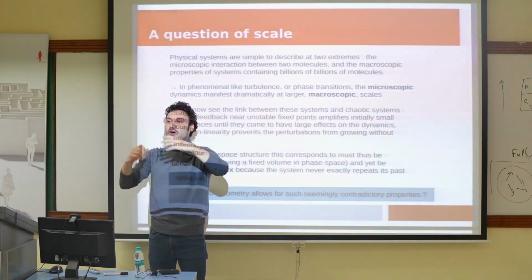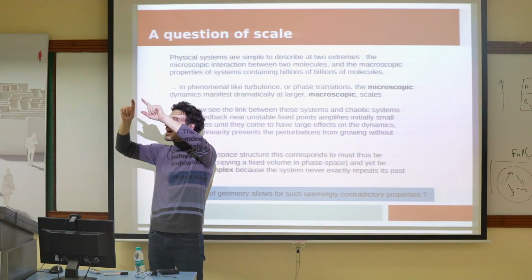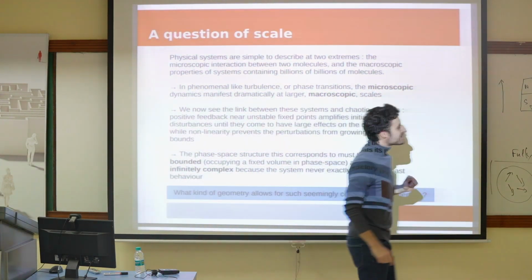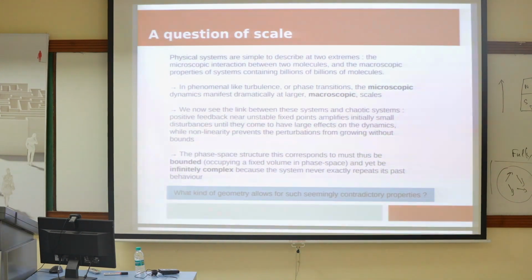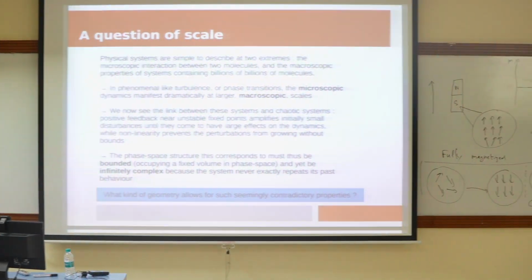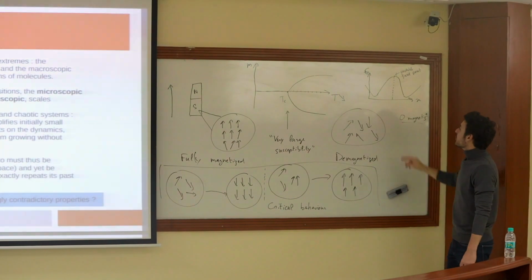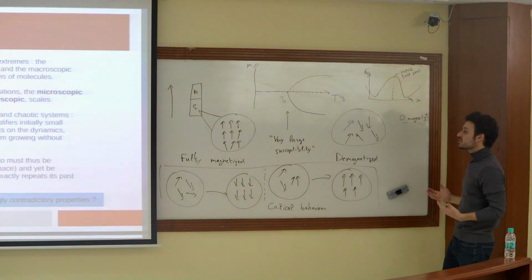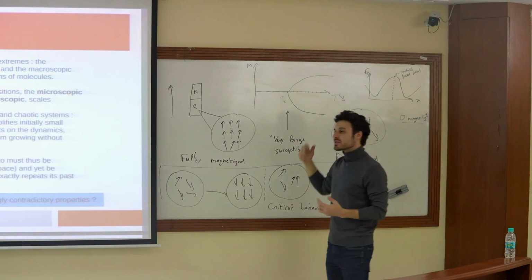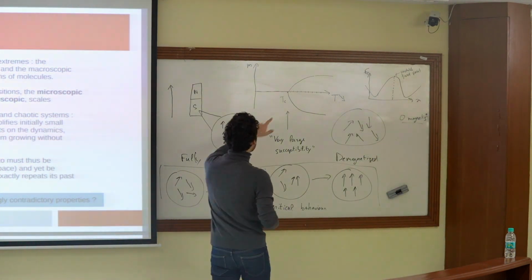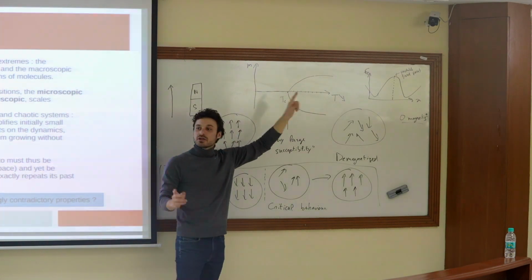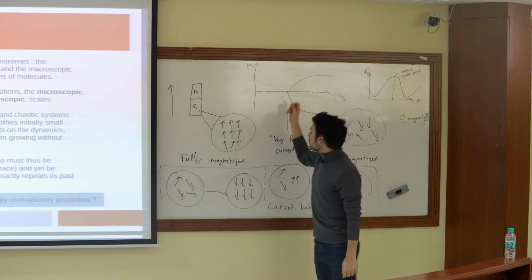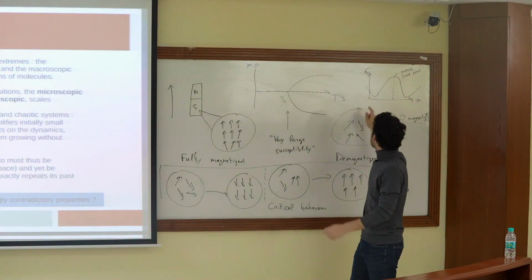The reason that ultimately your system doesn't completely break down as it moves across the unstable fixed point is that the unstable fixed point is not alone, right? Because of the nonlinearity of the system, you have stable fixed points on every side, which means that eventually there is a bound to what the system can do. In the case of the magnet, it's very simple to see. At this point, the system is unstable, so any small change will drive all the magnets to align, but once all the magnets are aligned, the system is stable, it's here.